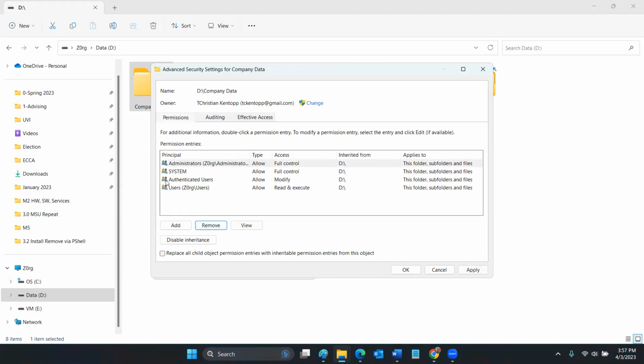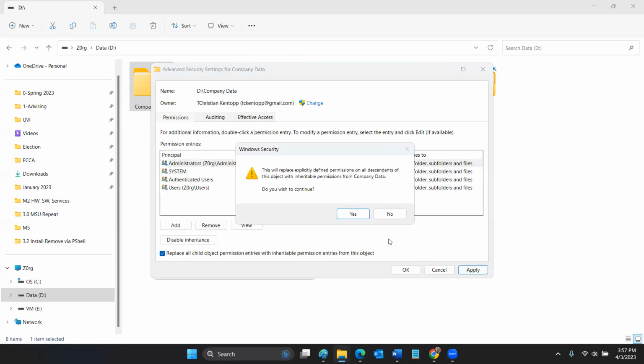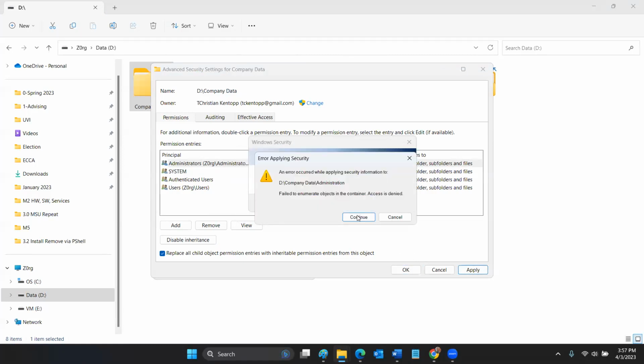I'm going to remove them so they look like they were before, right? This is what it was like before. Everybody with me? Yeah. So I hit enable inheritance, and then I hit apply, and it pulled down the previous settings for security from the root of the disk. Now, if I hit enable inheritance and then replace all, and then I hit apply, it says, do you wish to continue? And I say yes,